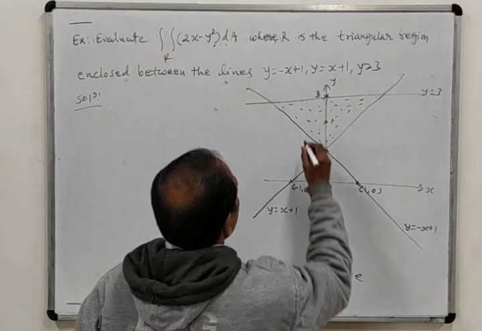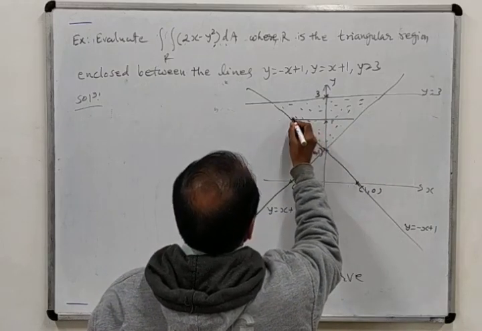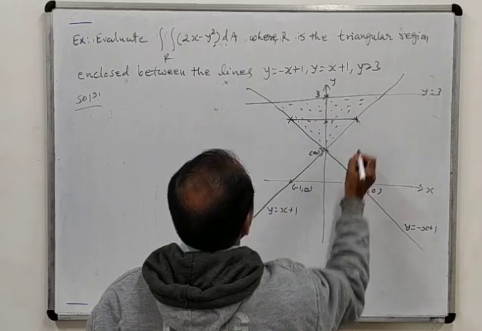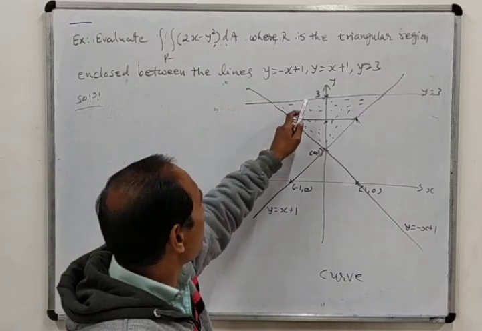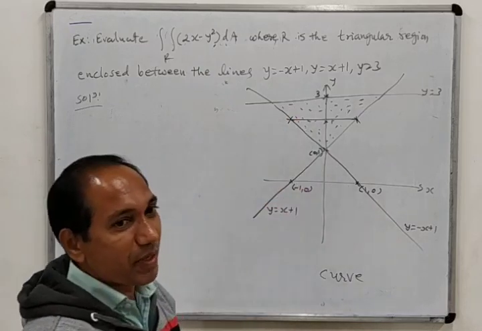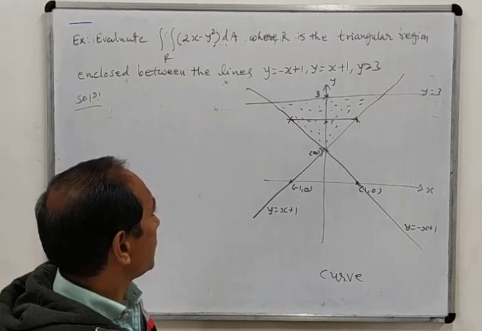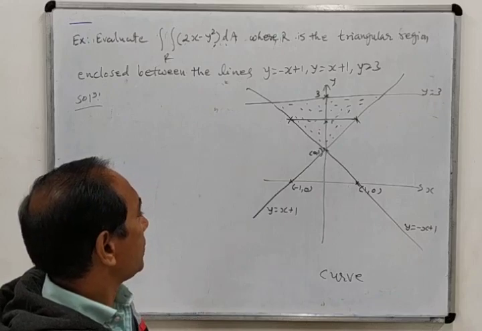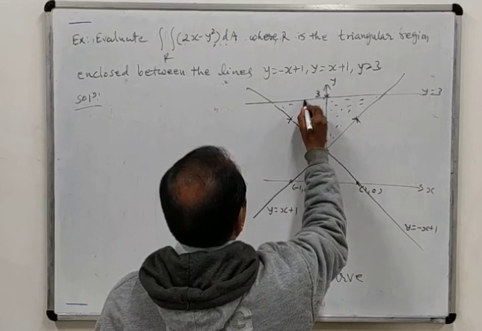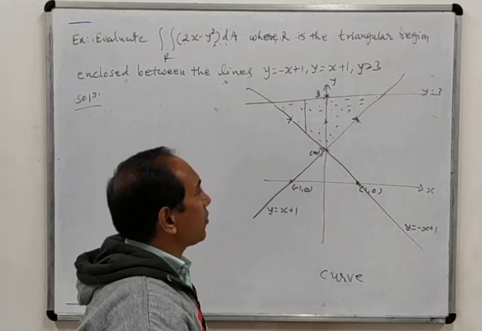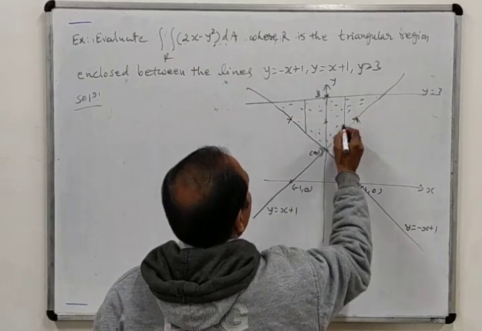As I told you, the best way is to take the straight line parallel to x-axis, and see its 2 endpoints. Okay. But one thing I want to show here: instead of parallel to x-axis, suppose you would have taken a straight line parallel to y-axis, then what will happen? As I told you, this straight line parallel to y-axis can be drawn anywhere. You can draw here or here or here.